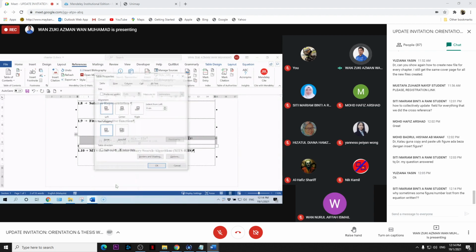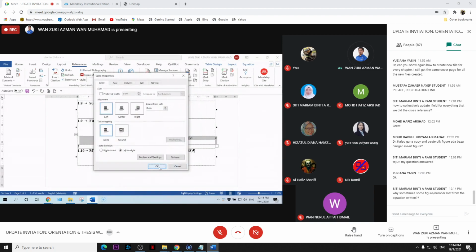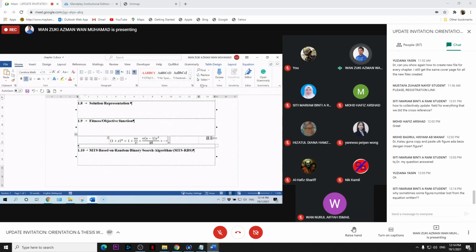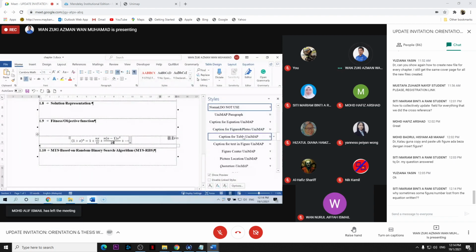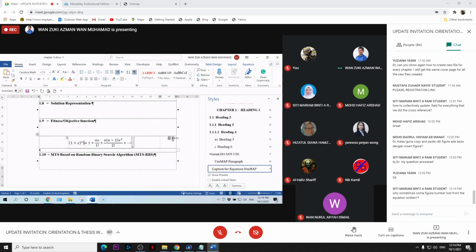Table properties, border and shading, no border. Okay, no border. And then you control this. So this one, we use the style caption for equation.